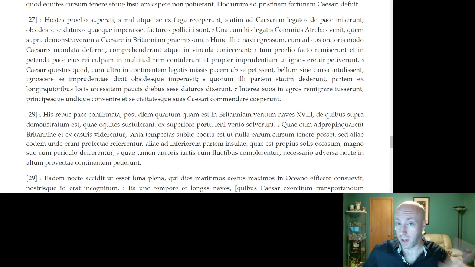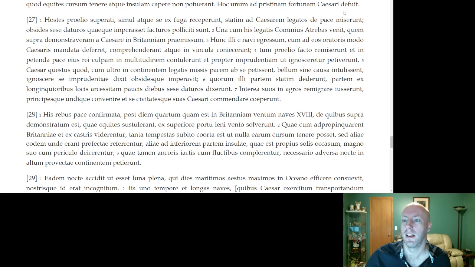So, we almost have an ablative absolute at the beginning. It looks like an ablative absolute, but it is not, because this is nominative. So we've just got a noun and a participle, but they are the subject of the sentence. It's both a summary of the previous section, but also, since it's the subject, its function as the subject of the sentence takes priority. So, the enemies, having been conquered in battle, as soon as they ex fuga receperunt, as soon as they literally recovered themselves from flight, so as soon as they retreated,